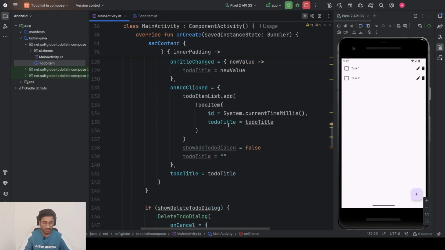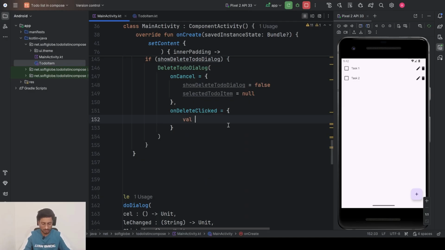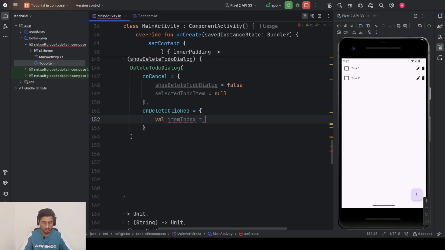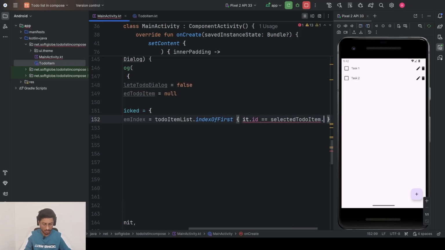For getting the index, I'll again do the same thing. Val item index equal to to do item list dot index of first, it dot id equals selected to do item dot id,